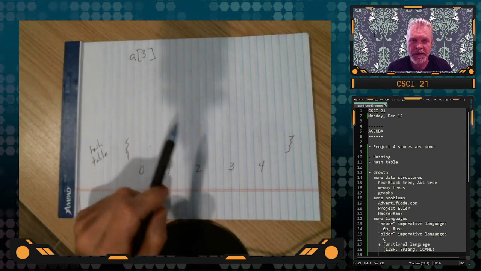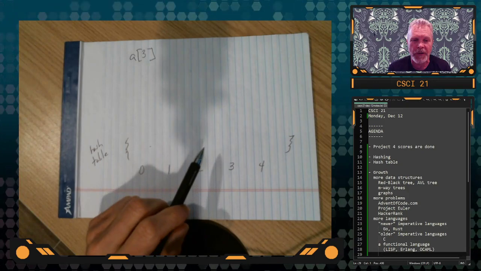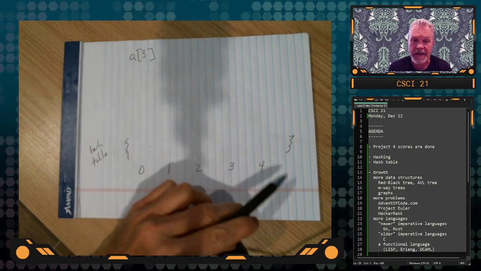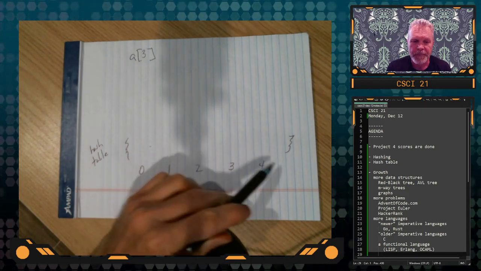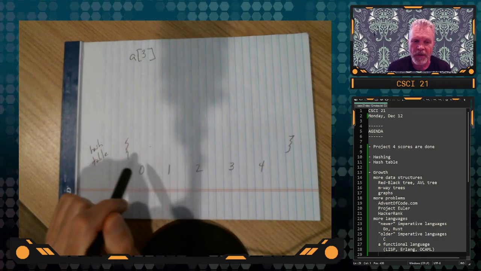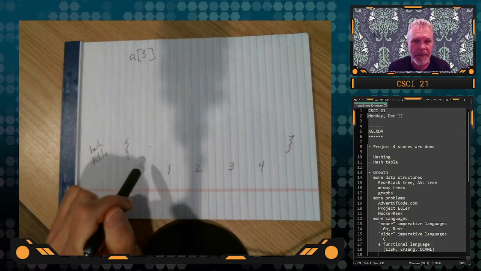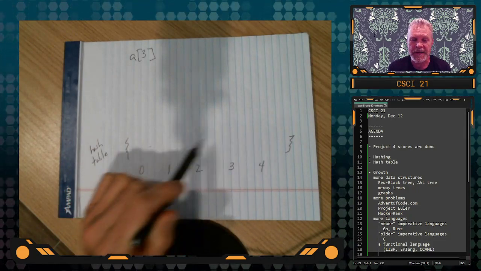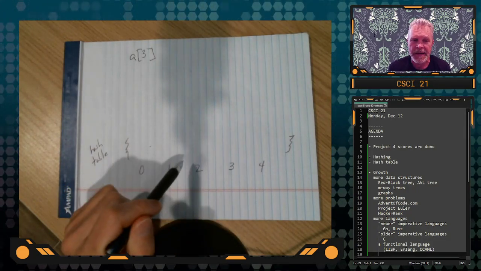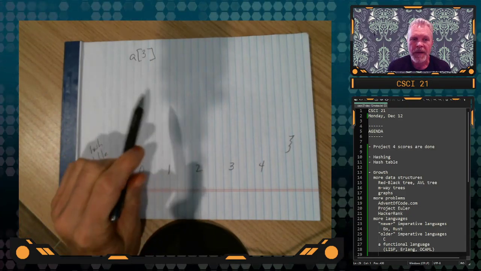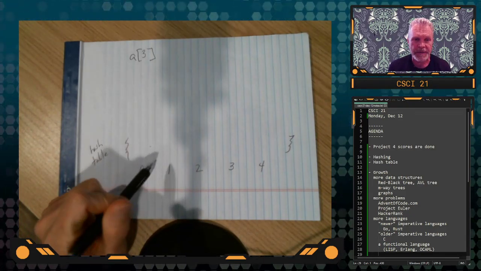The catch that we've been trying to work ourselves around all semester is that they have a limited size. So they are easily the fastest data structure that we can use, so we love them for that. But they have this limitation that they are fixed in size, and that's a problem. The other limitation is